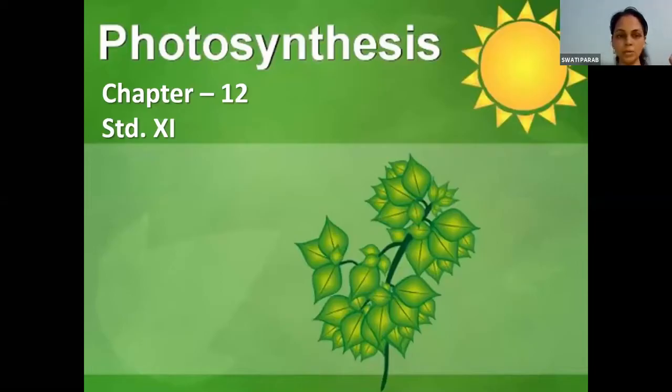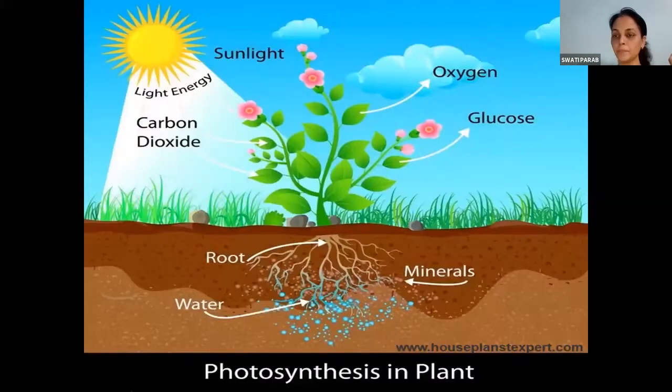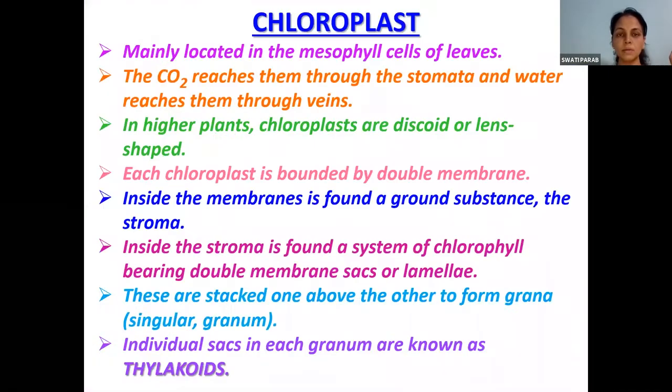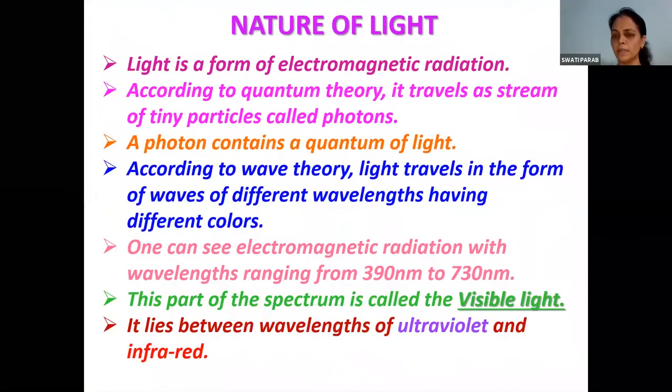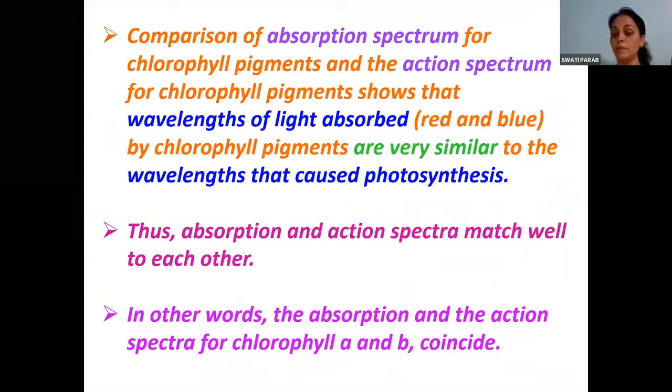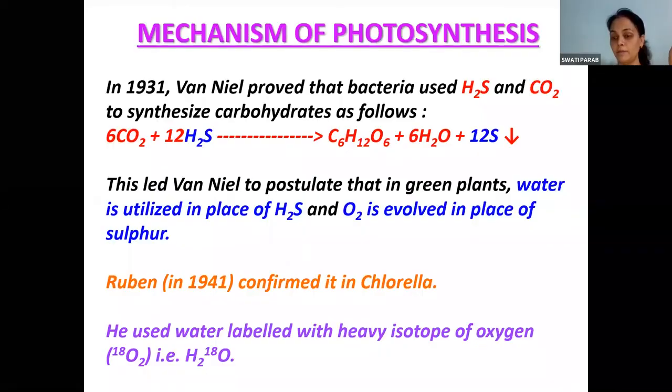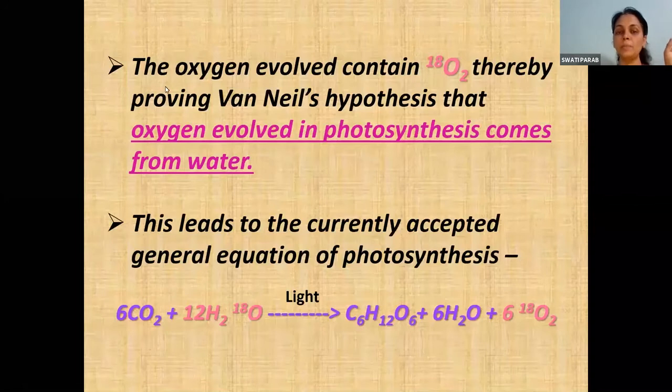So try to recollect those terms. In the last lecture, we have studied about the structure of chloroplast, the nature of light. Then we have come across the wavelengths of light. Correct, if I'm not wrong. We have done with wavelengths of light. So now the next topic will be based on the same, that is to start with the process of photosynthesis.